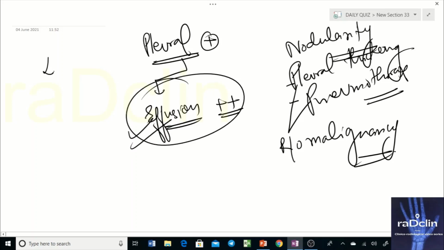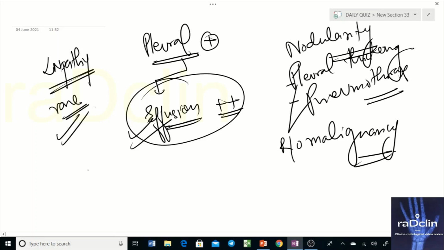Another thing is lymphadenopathy. Can it cause lymphadenopathy? It can cause it, but it's rare. It definitely can cause it. Nothing is 100% obviously, but yes, it is rare. Okay, look for other causes also, like cavitating nodules. There are other causes also which can have lymphadenopathy. So these are the classical features.